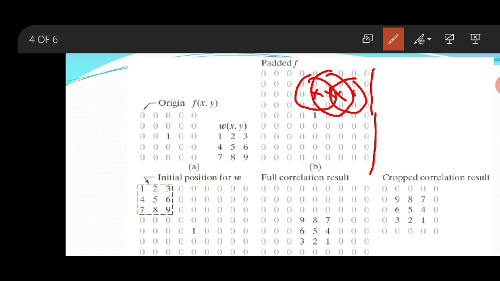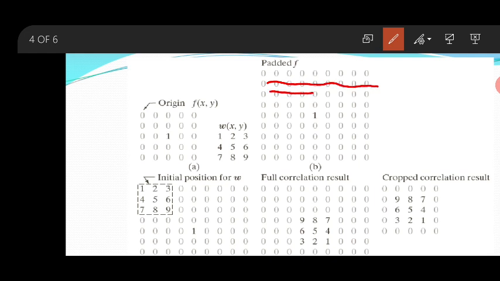This column and this row is not modified. It will be retained, we call it the boundary of an image. It is not modified. Now all this will be modified here in the first step. Again this is the second step, this is modified. After modification, whatever result you obtained will be replaced with the center pixel.